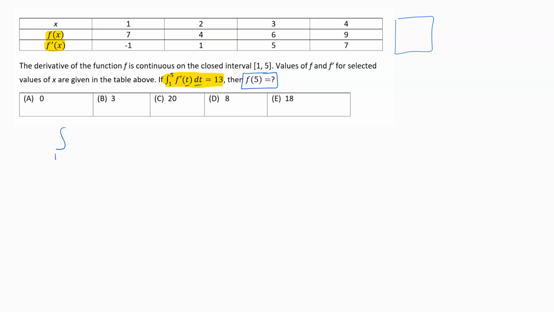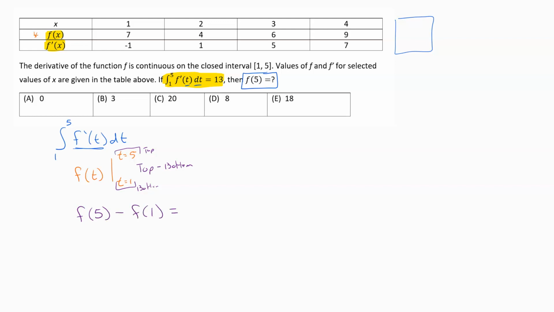So when I come to take the antiderivative of something like this, well, if I take the antiderivative of my derivative, what do I get back out? I get back out the original function. So undoing the derivative here would get me f of t, the original function, and then when I've got bounds on it, I say evaluated from t equals 1 to t equals 5. Then I apply what I just call sort of the top minus bottom method when I'm doing this. And so you would say to yourself, okay, there's my top value plugged in, and there's my bottom value plugged in. So I come in and I say f of 5, the top value plugged in, minus f of 1